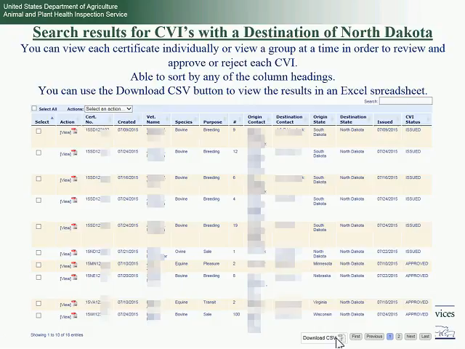There's many things you can search for and get results in this area also. So you can view for just approved certificates. You can search for ones that have been rejected. Many different options. You can also enter in the search box there on the top, like a certificate number if you're looking for